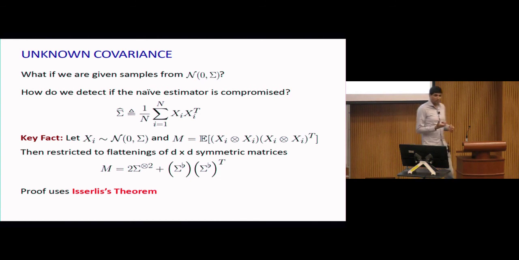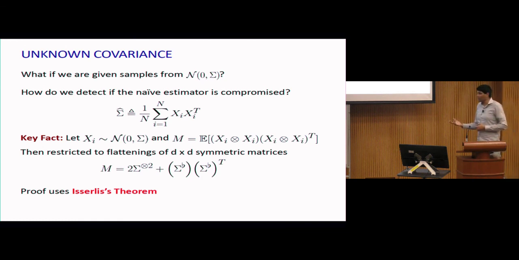That one term comes from the fact that I've flattened a d by d by d by d tensor into a d squared by d squared matrix. But one of those matchings is a little bit different than the other. The matching that pairs 2 things that are on the same side of the flattening behaves differently than ones that pair an x_i with something on the other side. So that's exactly where the notion of matchings comes in to show this kind of structure.